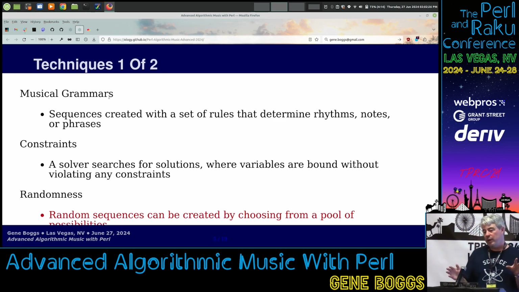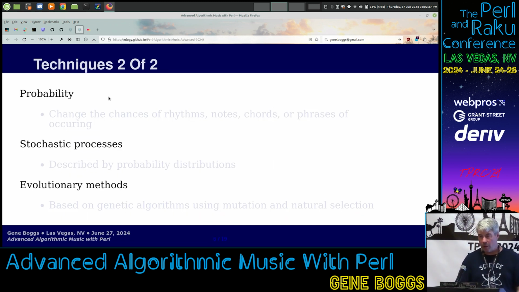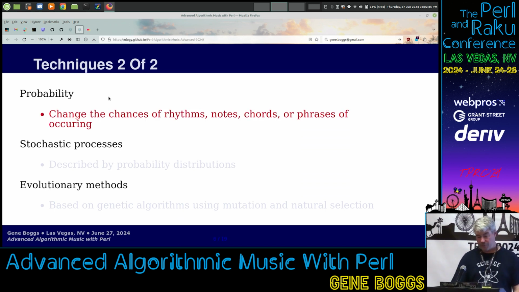These are music theory terms, but they just mean durations, for how long you want the note to last. And there's also rest: don't play a note, but rest this long. So, more techniques: probability, similar to randomness, but you control what's random in some way, and you do it for different parts of the music. You don't have to do every part of your algorithmic music in one way. Then it'll sound stale and